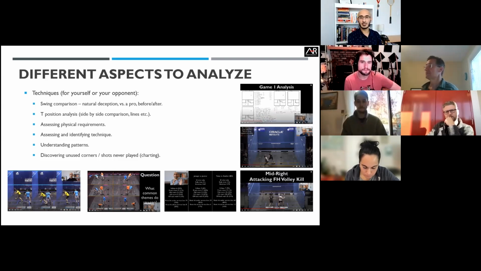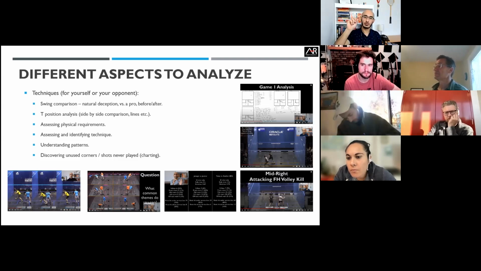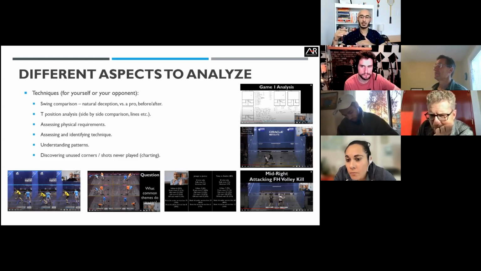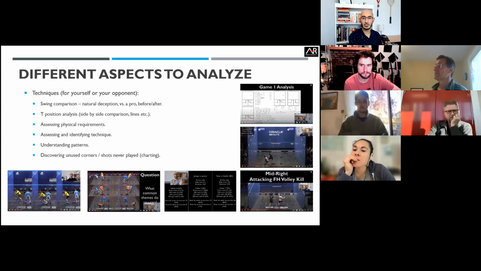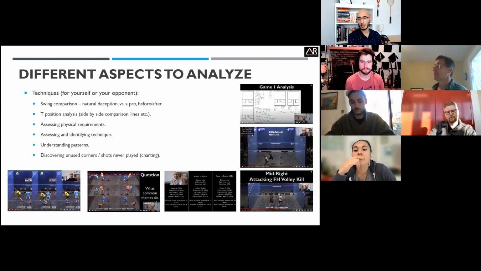And then this video, the last image you see, this one took a lot of time, so I don't know how much you want to do this, but it's basically like a charting analysis. So I went through a game and I looked at all of the spots where the player hit either a winner or an error, basically the last shot of the rally, and where they hit it from. And it basically shows how much time they're spending in different parts of the court and what shot they hit from different positions. So you can start seeing, it's kind of like those heat maps that they have on Squash TV, if you watch those. Except what I did is I also kind of color coded them. And I can show you guys a screenshot of this in greater detail, or it's on YouTube if you guys want to check it out.